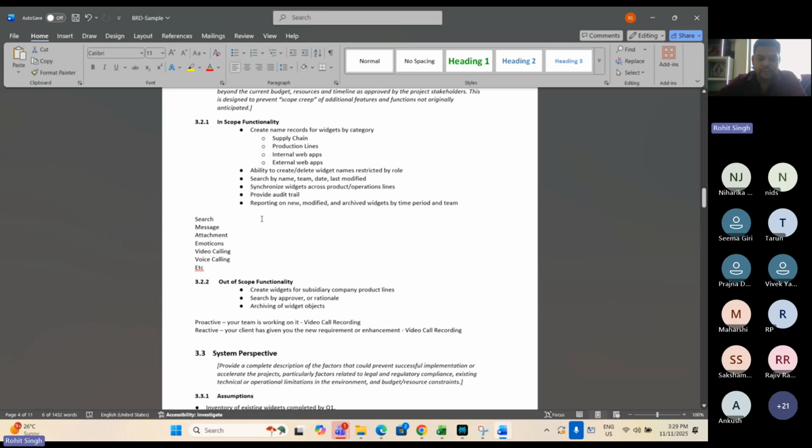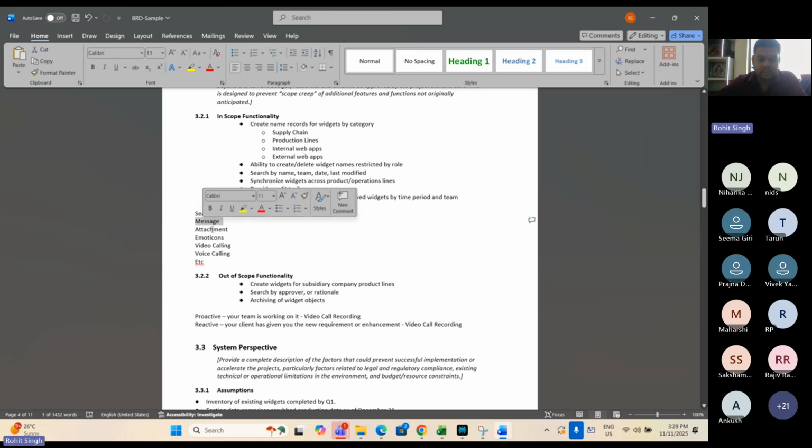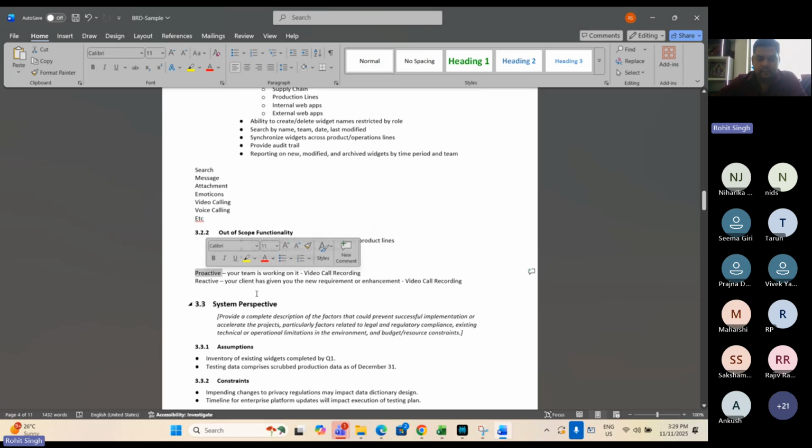In scope I may have mentioned search, message, attachment, emoticons, video calling, voice calling, etc. Out of scope, proactively we may have mentioned that your team is working on video call recording. And reactively, your client has given you a new requirement enhancement, which is video call recording. So either we have informed the client or the client is expecting. So that is the outscope